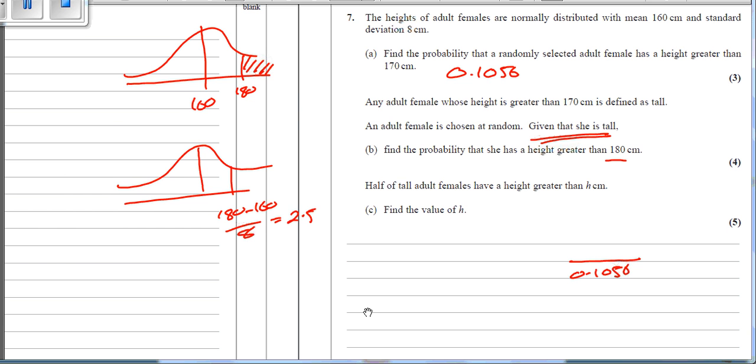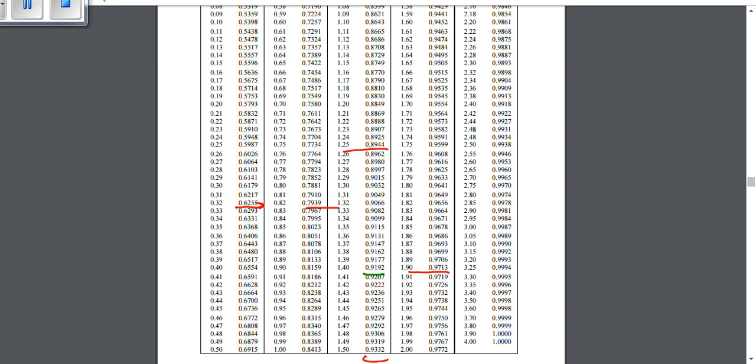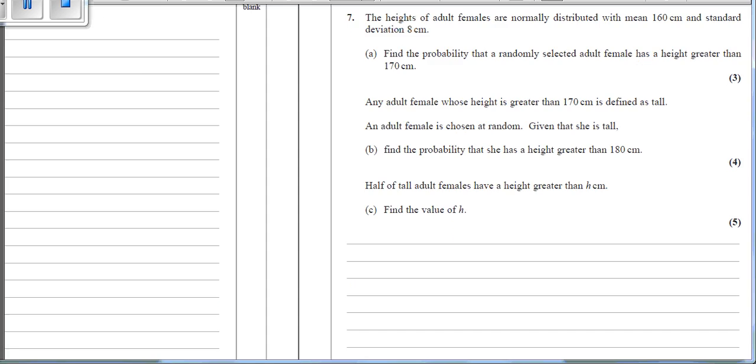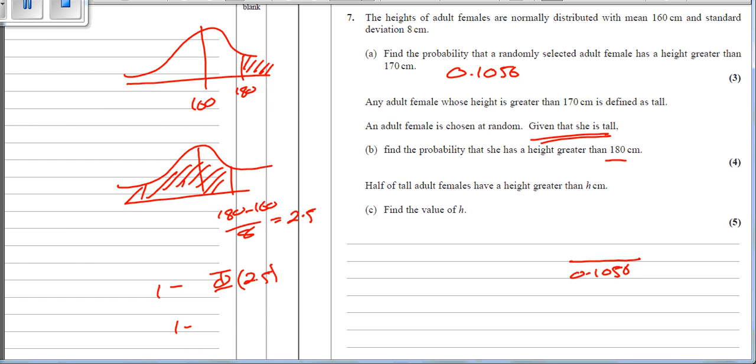Remember, phi of 2.5 is going to give us this value here, so we'll do 1 minus that. 2.5 gives us 0.9938. So 1 minus 0.9938,